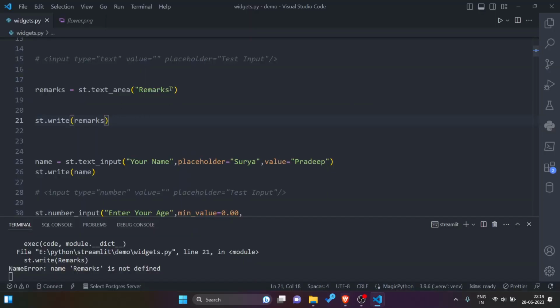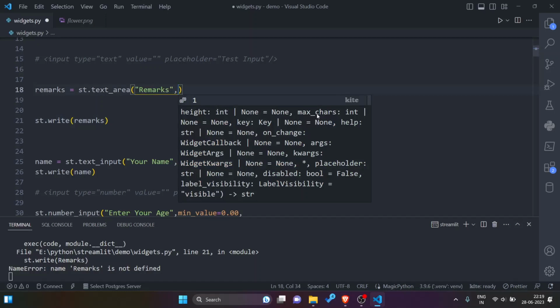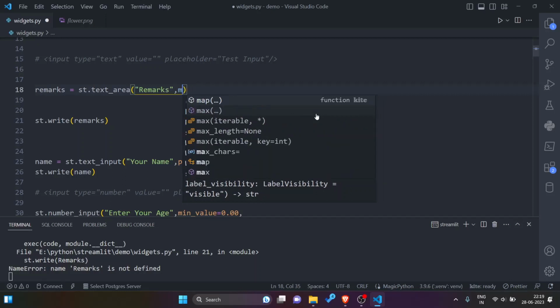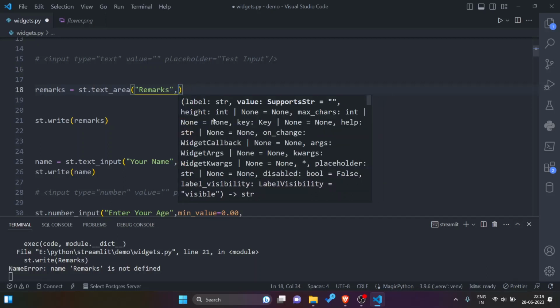Then optional arguments are maximum number of characters supported by this text area. Then label visibility, disabled or enabled, widget callback function.